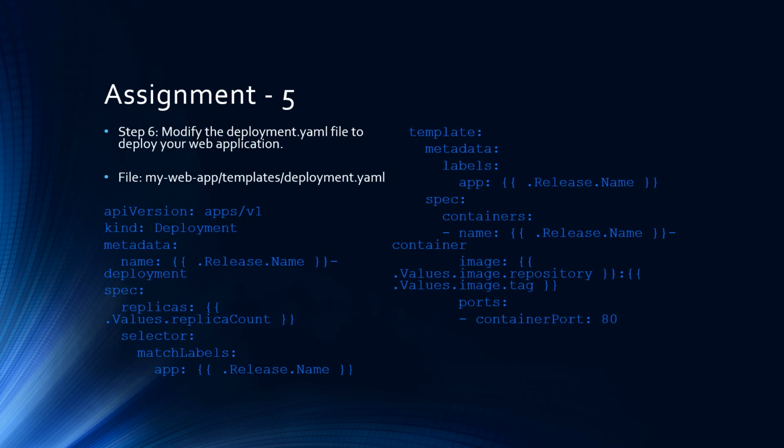Assignment 5 deals with modifying the deployment.yaml template, which defines how your application will run in Kubernetes. The template demonstrates several important concepts: dynamic naming using Release.Name, configuration injection from values.yaml, label management for service discovery, container specification, and port configuration. Key learning points include how to use Helm templating syntax, managing metadata and labels, configuring containers